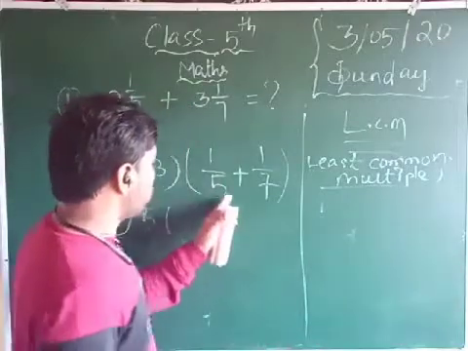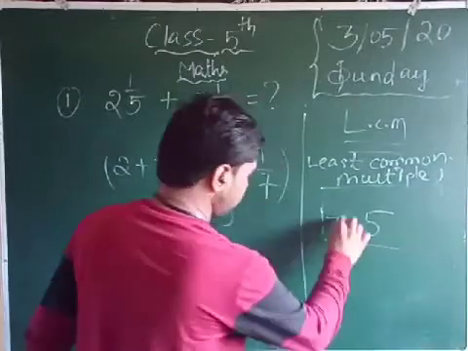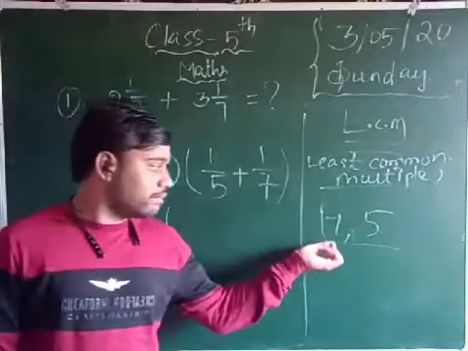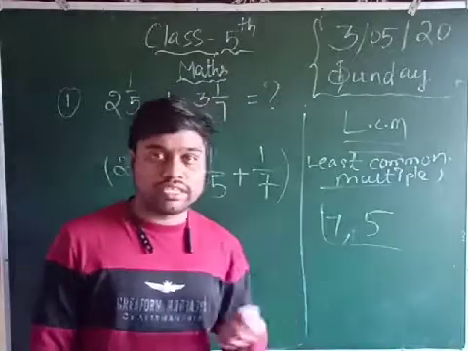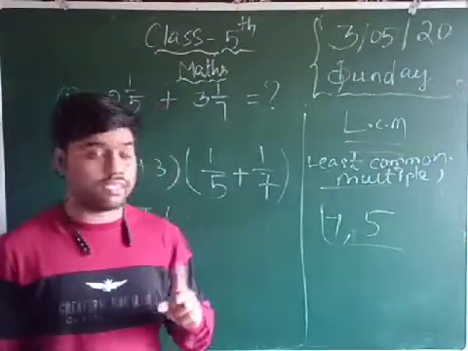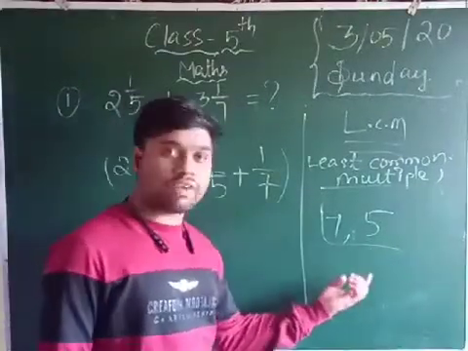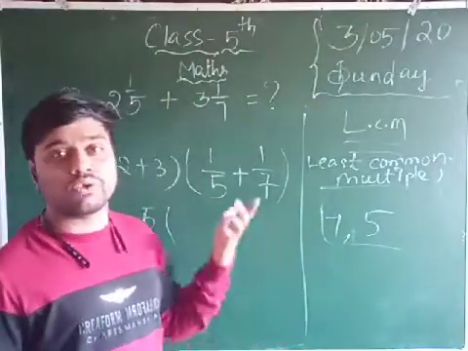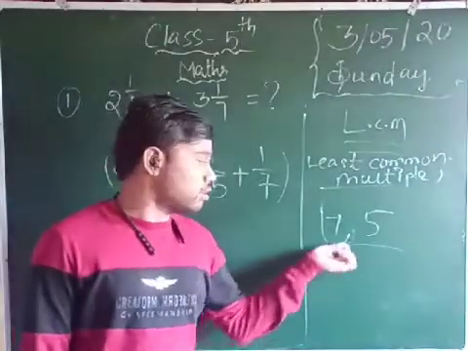Take the denominators 7 and 5. There are two numbers present. For two denominators, single digit or two digits, we check whether they appear in a table. Check the table of 2: neither 7 nor 5 appears in it. Why? Because 7 is a big number, and 2 times 3 is 6, a small number. Then the table of 3, and that also doesn't have them.